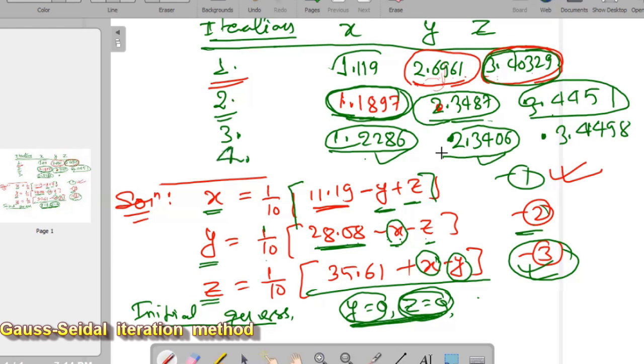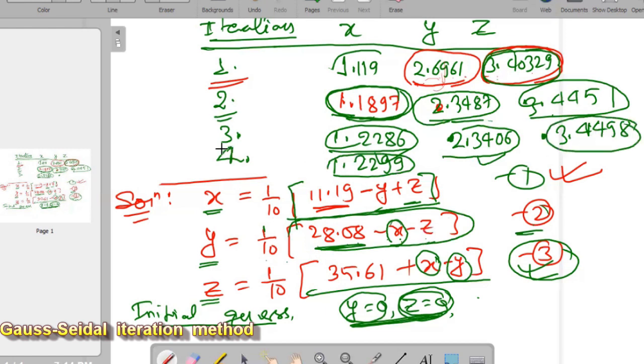We also find the value of x by using the values of y and z in the third iteration, which equals 1.2299. The value of y is obtained by using this value of x and the value of z from the third iteration. We find 2.3400, and the value of z from the third equation, which is equal to